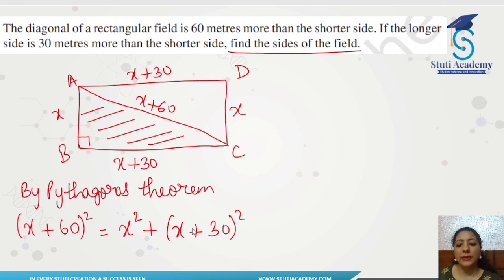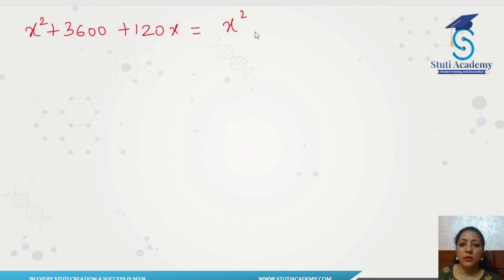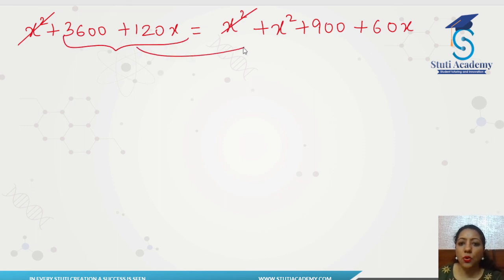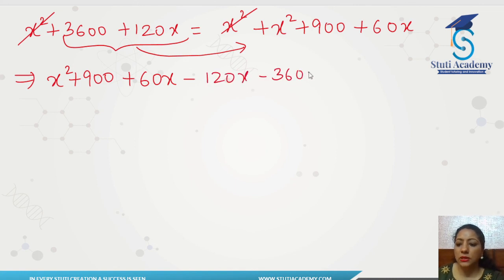I will now apply the identity a plus b whole square. So this is a square plus b square plus 2ab. Now we can cancel out these two, and these two terms will go on the right hand side, so their signs will get reversed. So we have x square plus 900 plus 60x minus 120x minus 3600 is equal to